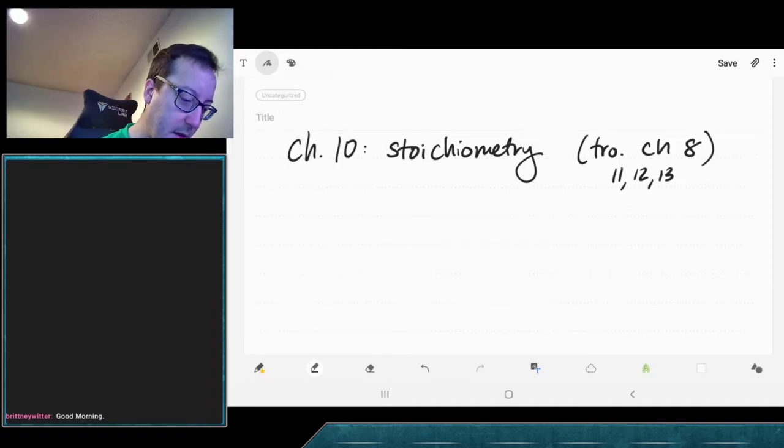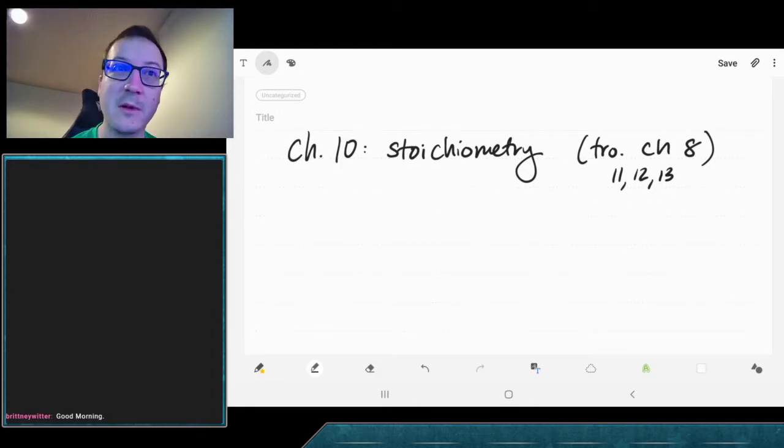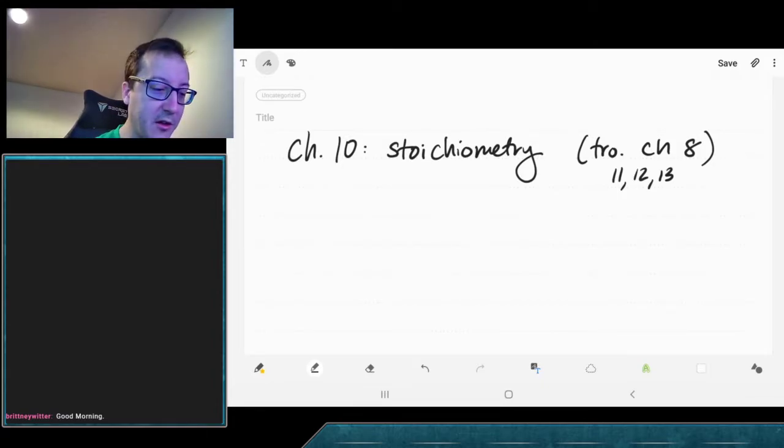So far we've talked about chemical reactions. We've done so much stuff with them, right? We've balanced them. We've done redox stuff. We've done net ionic equations. We've figured out types of reactions. We've seen evidence of reactions. We've been able to predict the products of reactions. So what we're going to do today is learn how to apply these reactions. A particular reaction that you may be aware of is